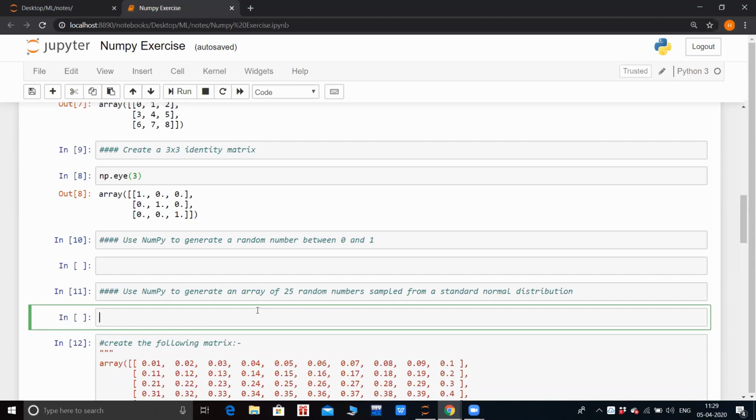Again, I will say no need to worry if you aren't getting the result in a single line command. These are built-in functions, so you will obviously get your result in a single line. But as in this reshape thing we did, it's okay if you split it up and do it in 2 steps. No problem. It's the same thing. Just get the result. I am more than happy to get your result in any number of steps.